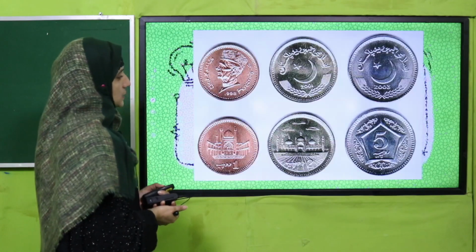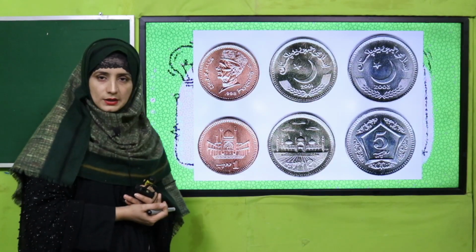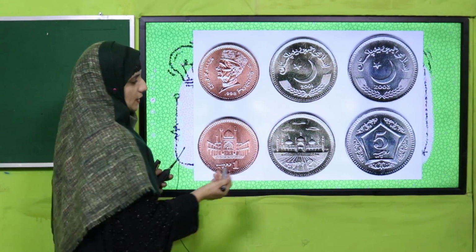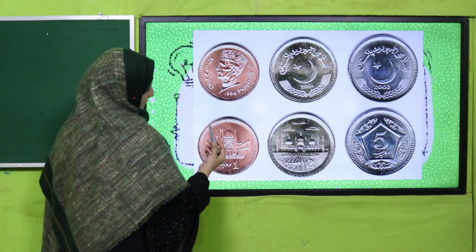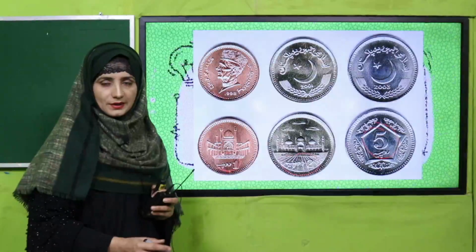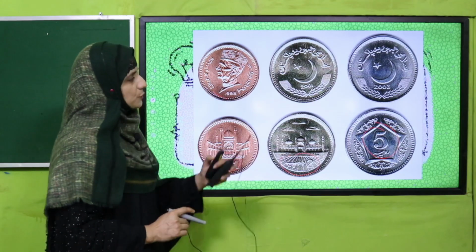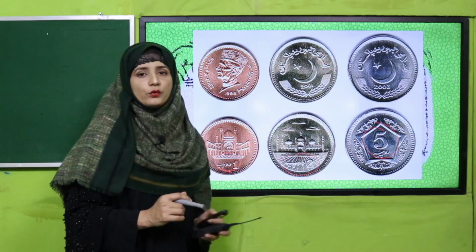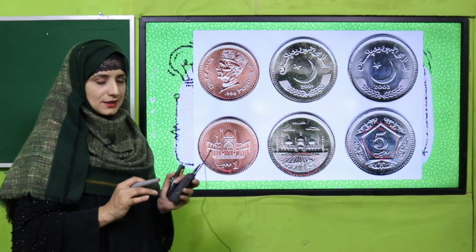Okay, and next is, can you identify these coins? Yes, some rupees are in coin shape like that. This is one coin, single, and this is the front and back. Two coins in this way, same like that, 5 coins. Have you got that? These are the shapes of coins that we can see in the 1 coin, 2 coin and 5 coin. Okay, these are the shapes.